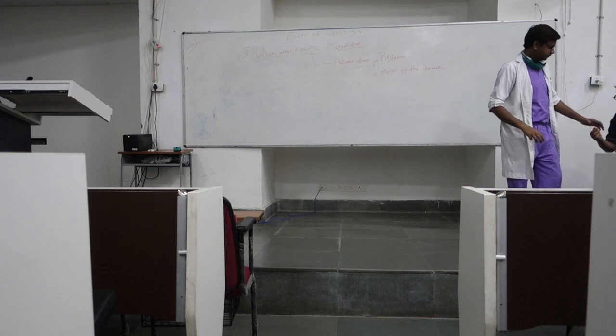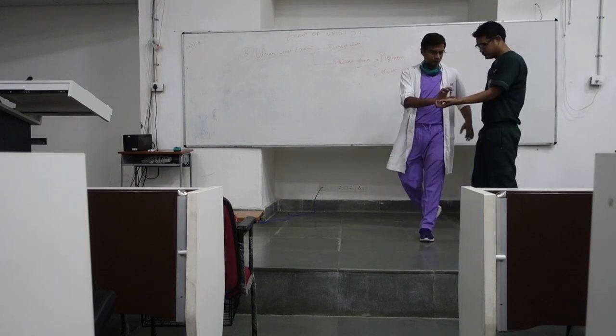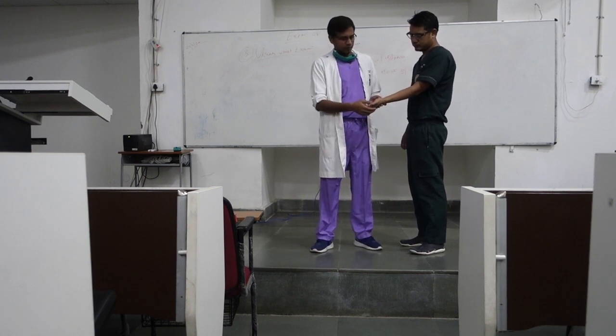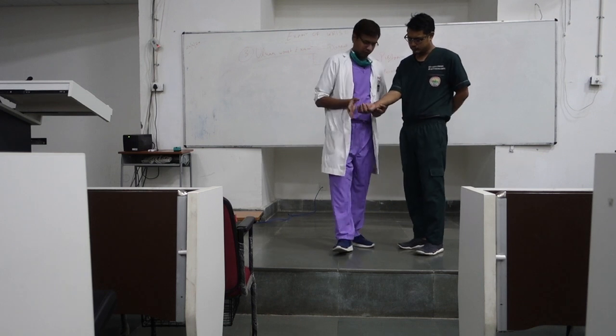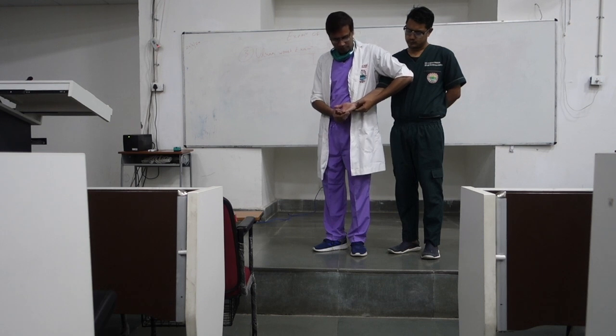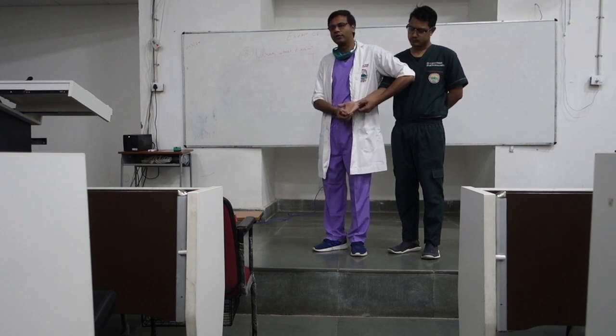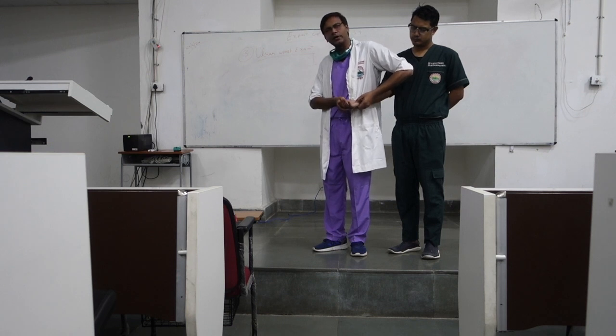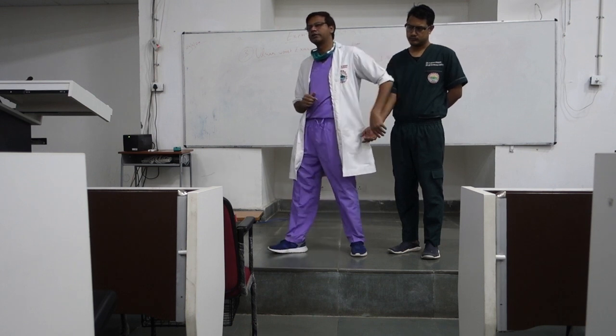So what you do, you just palpate your pisiform. You keep your IP joint of the thumb, of your examining thumb, on the pisiform, and you direct the tip of the thumb to the middle finger. And now you palpate an elevation. Can you find something? So this is the hook of the hamate.